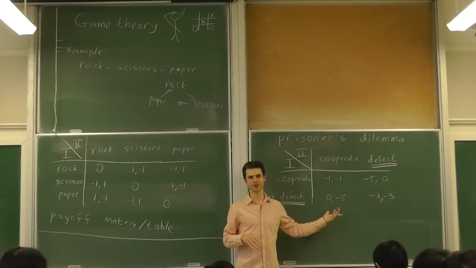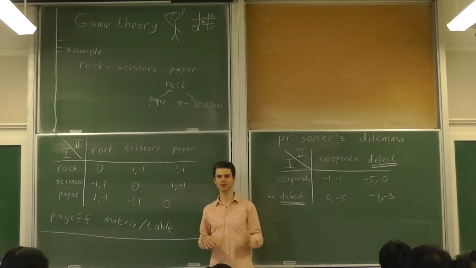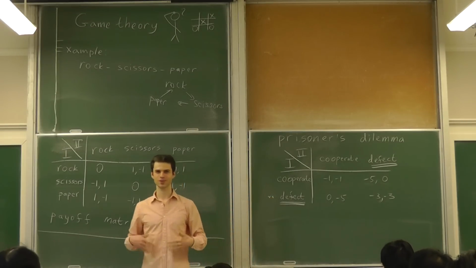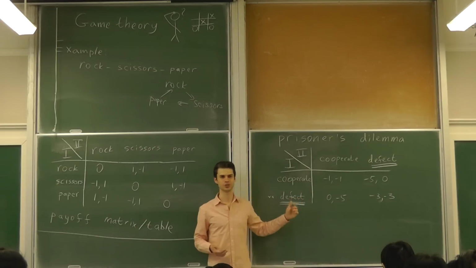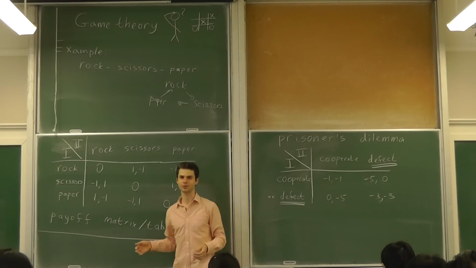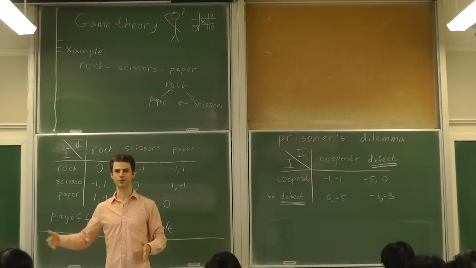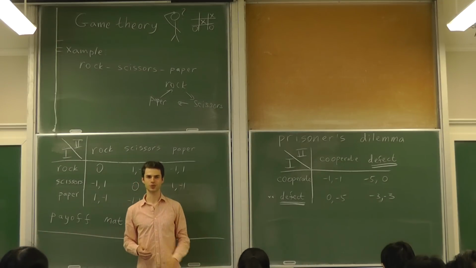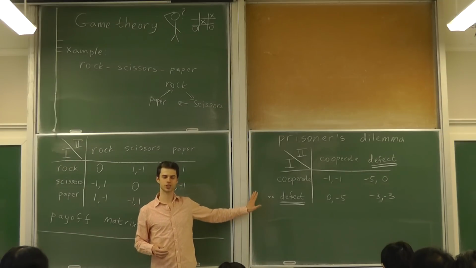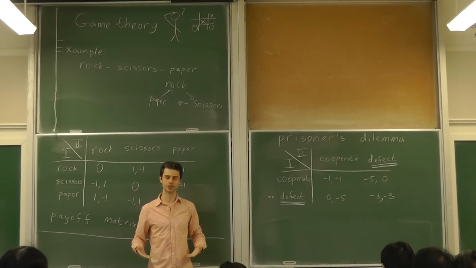When you play one round of such a game, you don't get to build your reputation of always cooperating or always defecting by playing the game, say, 1,000 rounds in a row. So just one round of such a game,